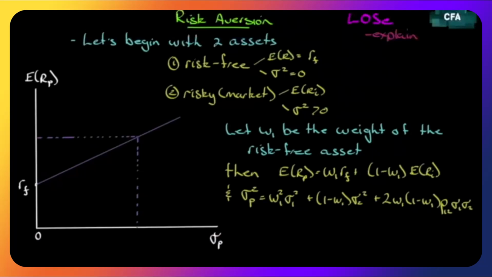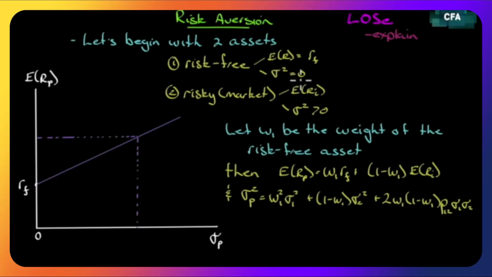So let's take another step forward here and let's start building a portfolio and seeing if we can develop any kind of framework to start analyzing optimal portfolios, start working towards how we would select an optimal portfolio. So let's begin with 2 assets. We'll begin with a risk-free asset and a risky asset. We'll call that the market. And remember, all assets can be described by 2 characteristics, its return and its risk. So the risk-free return is RF, and the risk, well, it's 0, right? That's why it's called risk-free.